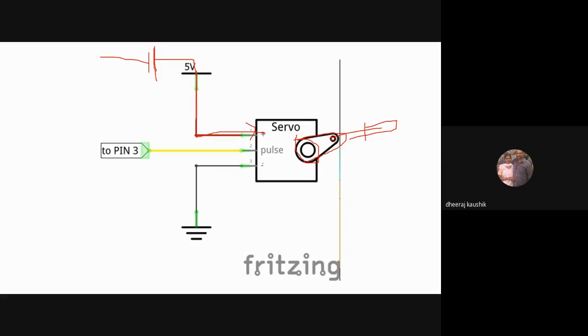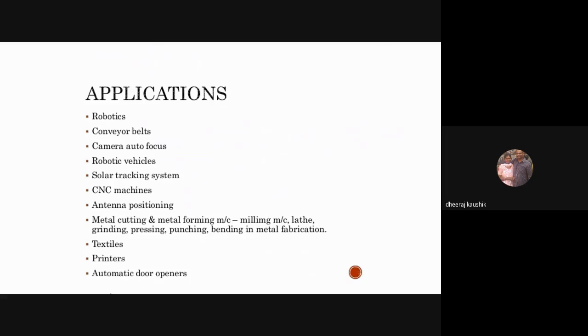That is your wish. And then this is the ground, which is used to complete the circuit. And this is the second pin here, which is the actual pin which we are going to connect to the microcontroller. From the instructions from the microcontroller, the servo motor works, so it depends on your program. The servo motor is very widely used in robotics. Without a servo motor, no robotic application is completely fulfilled.